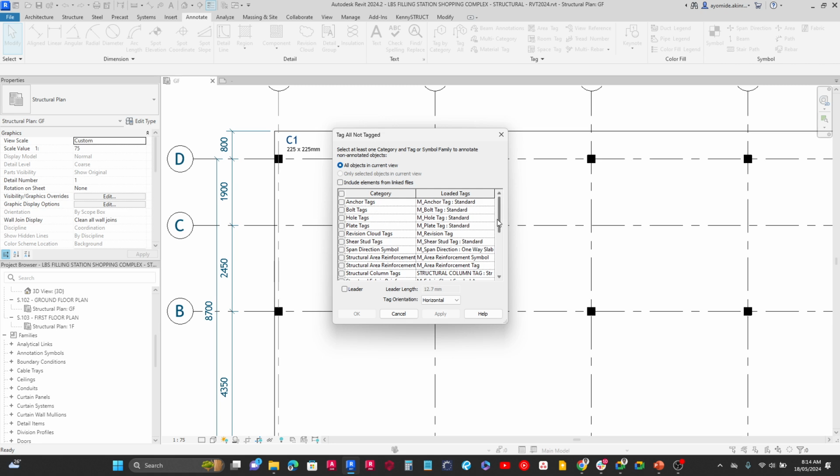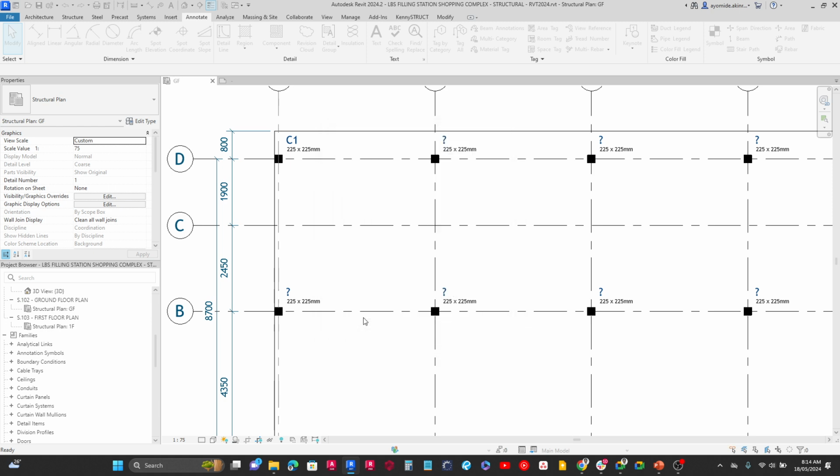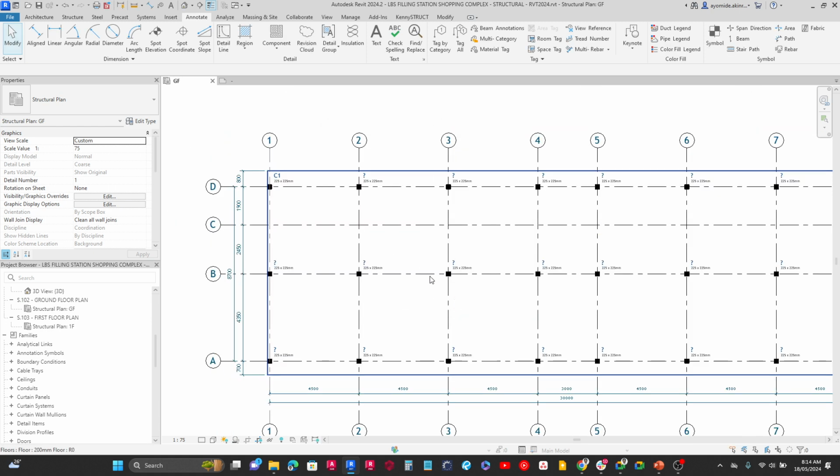So what I'm going to do is search for my structural columns category. I'm going to check this and select the tag type, in this case the structural column tag that we want. I can also set the orientation and the leader if I want to, but I'm going to leave it as default. If I click on apply and click OK, you can see that just like that, I've gone ahead and